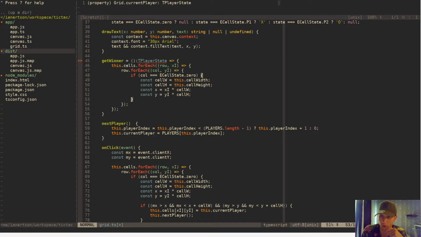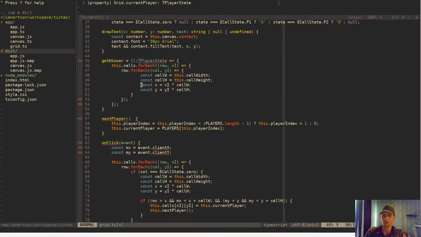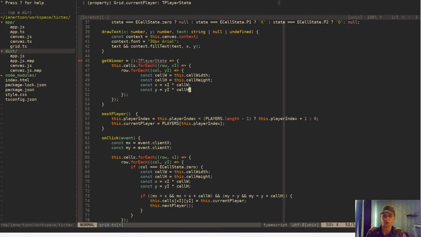So for every row, we're going to iterate horizontally. So basically the y here is which row we're at. So for horizontally, we could just do